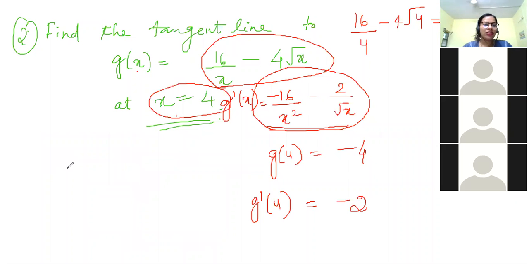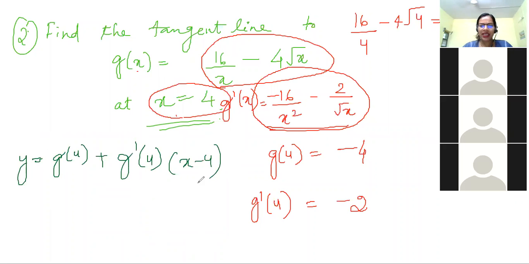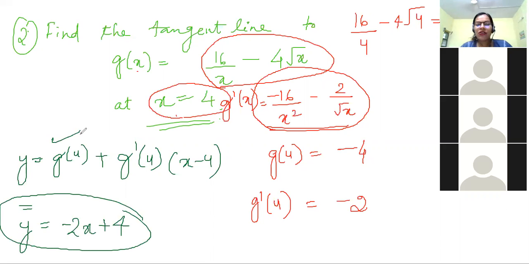So now your equation is going to become, I can write y is equal to g of 4 plus g dash of 4 into x minus 4. It's the same thing because I have all the values now, but only the value of y is not there. So when I solve it, putting these values, you're going to get y is equal to minus 2x plus 4. So you have the value of g of 4, you have the value of g dash 4, correct? Now what you got is the equation of a line which is y is equal to minus 2x plus 4. Now this line is tangent to this curve.